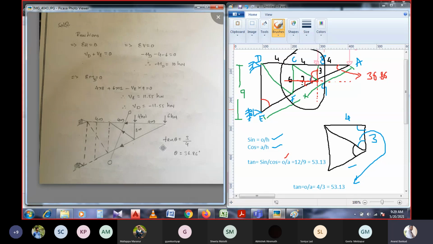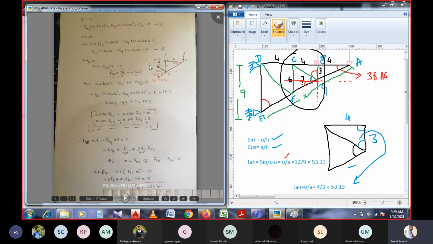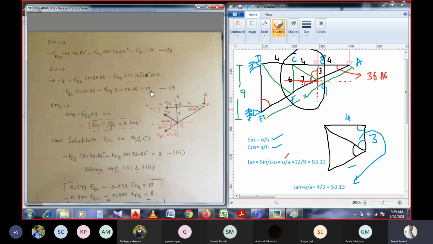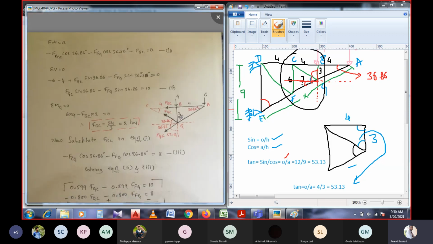So again the calculation is done for the angle of inclination, that means the angle which is passing through here. Again it is shown clearly over here. Whatever section is taken, the section is only drawn for here. If you observe the question over here, that is 6 kilonewton, 4 kilonewton, with the distance of 4 meter and the vertical distance of 3 meter. We have these forces, right? So that is what here again it is drawn.